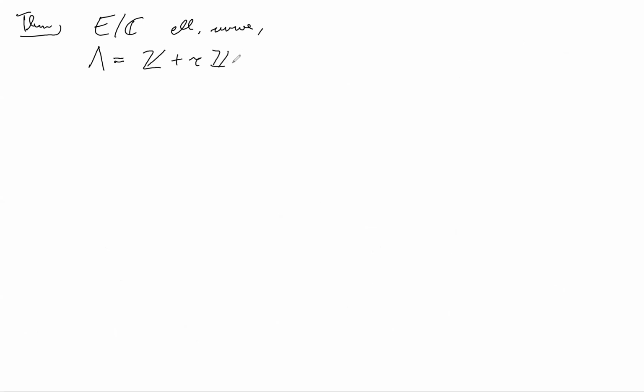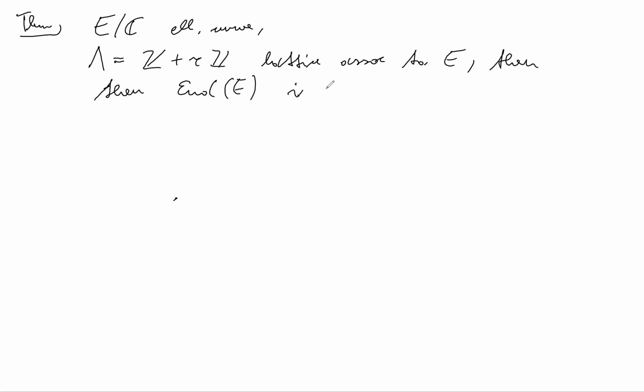We saw we can always normalize it like this. This should be the lattice associated to E. Then we saw that the endomorphism ring of E is either